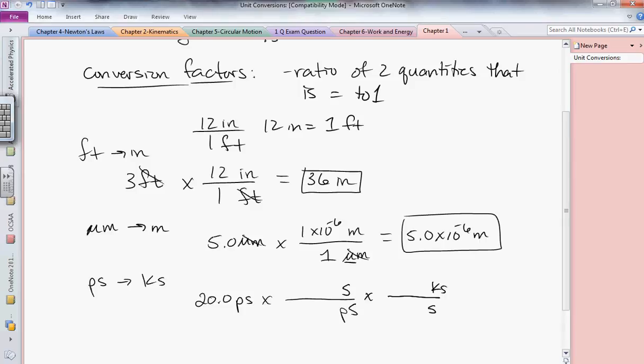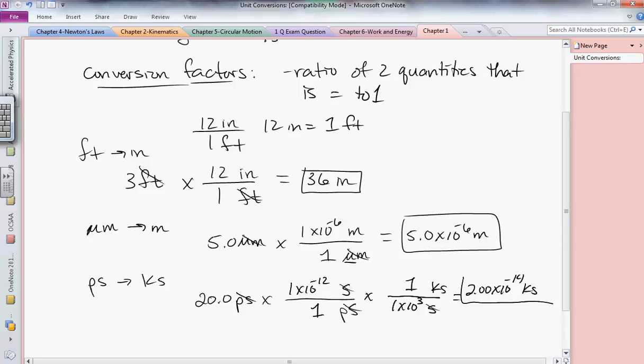Okay. So again, I've arranged these so that the units cancel out the way I need them to. Picoseconds will cancel out, seconds will cancel out, and we'll get kiloseconds in the end. Now also, we put a 1 in front of the unit that has the prefix. Pico means 1 times 10 to the minus 12th. I know that because I've memorized my prefixes. And 1 kilosecond. Kilo is 1 times 10 to the third. And if you multiply all that out, you punch it out in your calculator, what you would get is 2.00 times 10 to the minus 14th